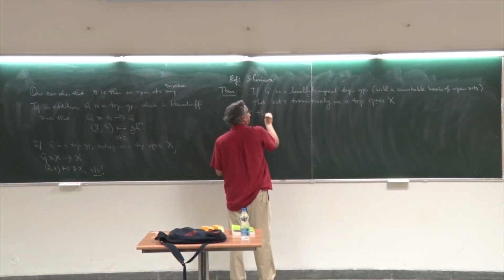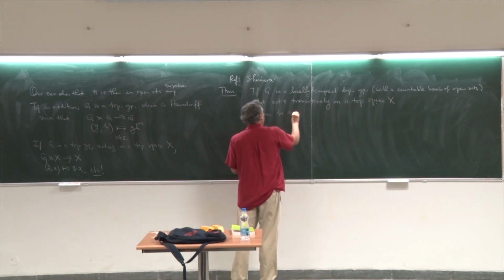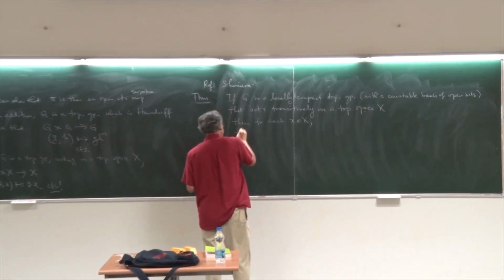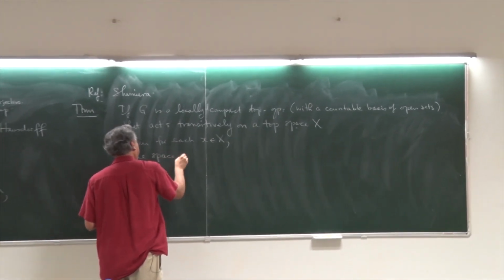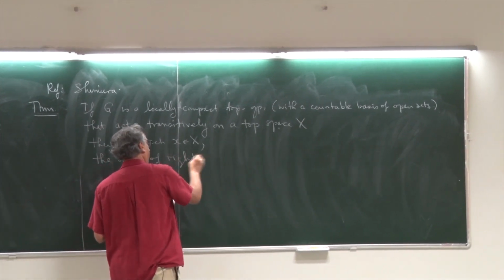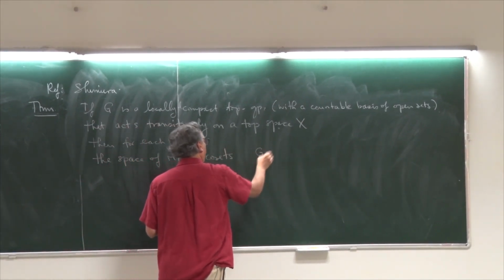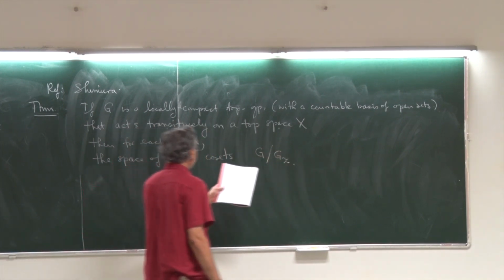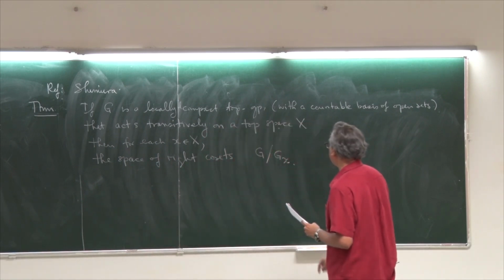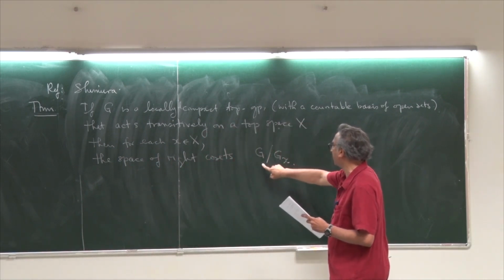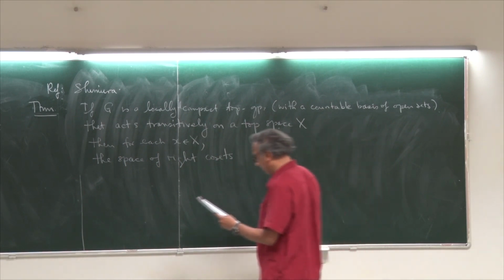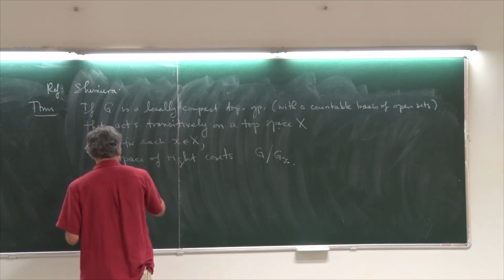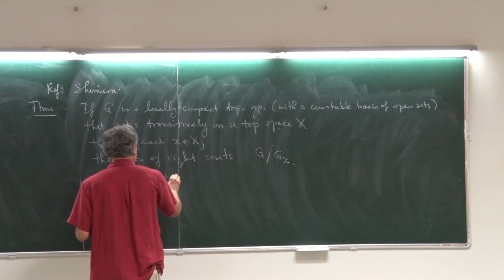Then for each x in X, the space of right cosets of the stabilizer of x, with G sub x the stabilizer of x, I look at the right cosets of the stabilizer. This is homeomorphic to X